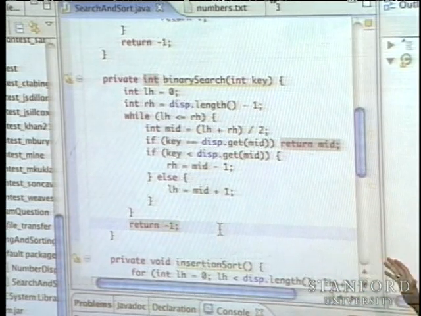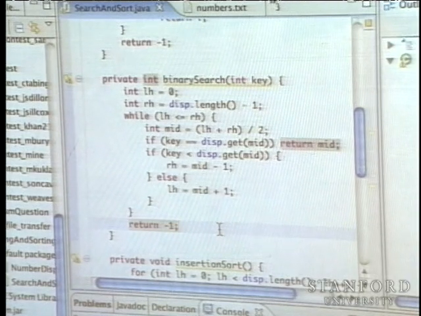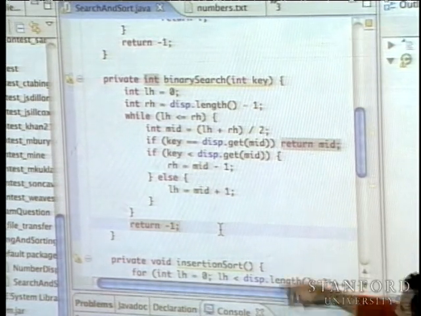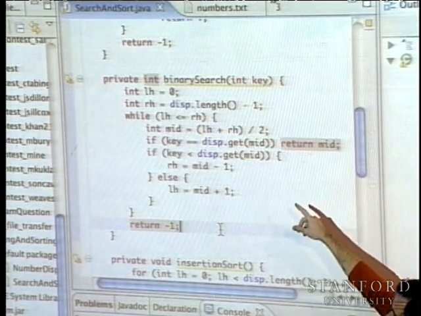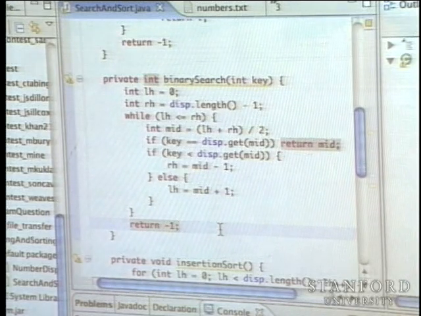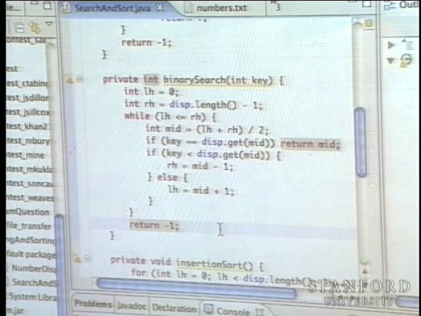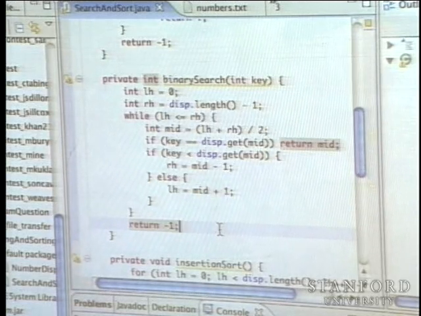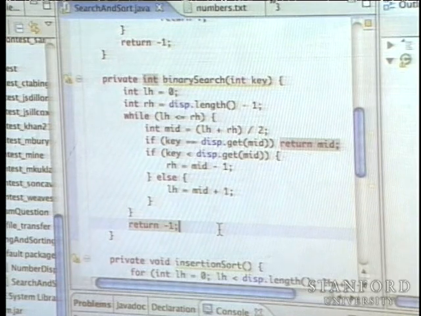We now have the index of the middle of the array, or at least the middle of the portion of the array that we're considering right now, and we ask our array-like object what number is at that index. And if it's equal to our key, then we're done. We can just return mid. We've found the index of something that matched the key. So in the linear search case, if there were multiple copies of the key that we were looking for, which one would be returned?